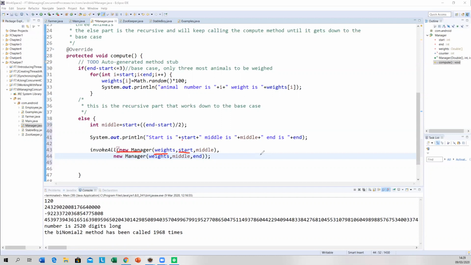Start is going to be 0, middle is going to be 5, end is going to be 10. That's what you're going to start off with. So you run it the first time, it's going to go start, middle, end, 0, 5, 10. Run it the second time. So the second manager then is going to be, I'm doing a bad job explaining this.